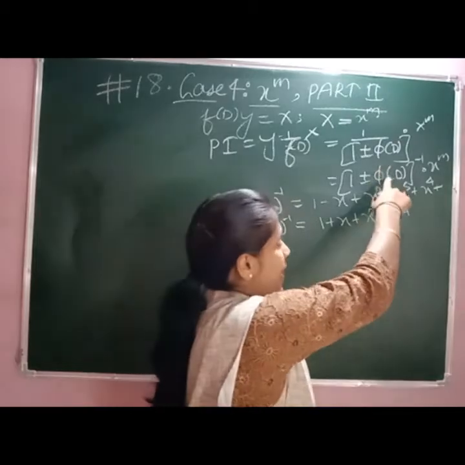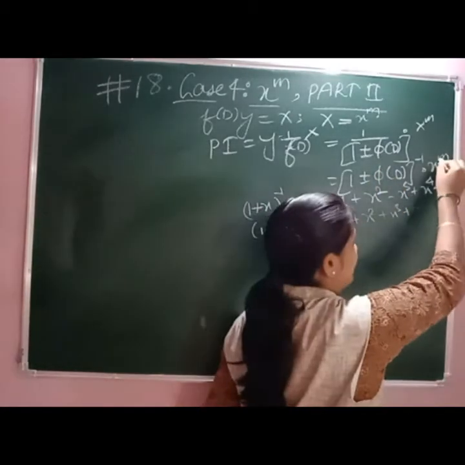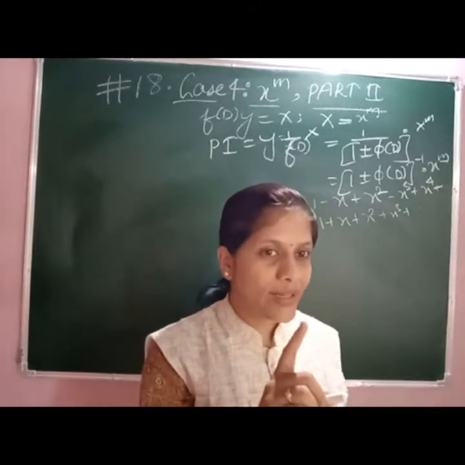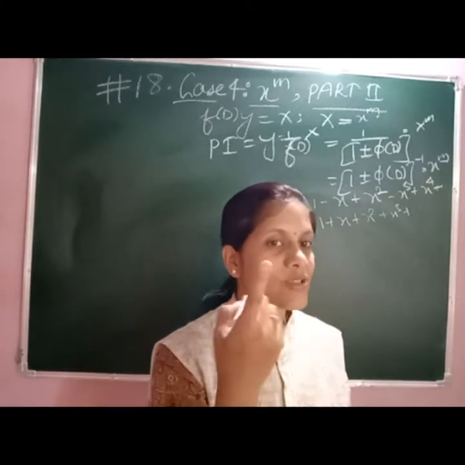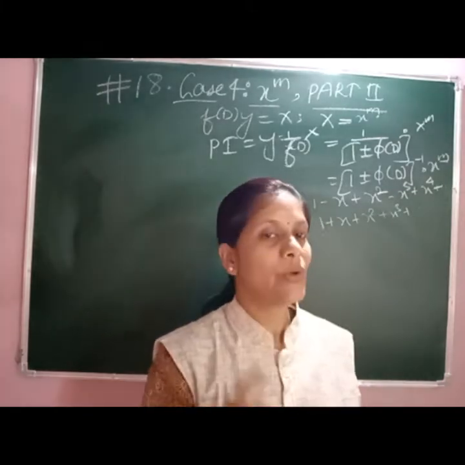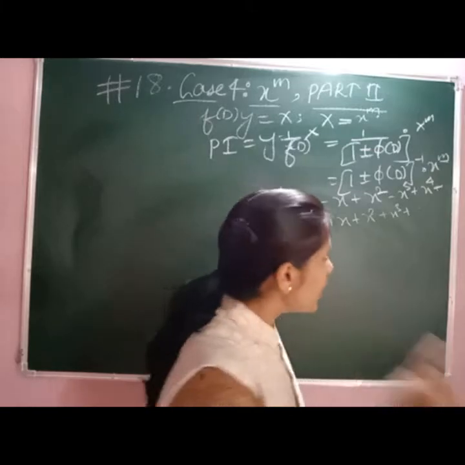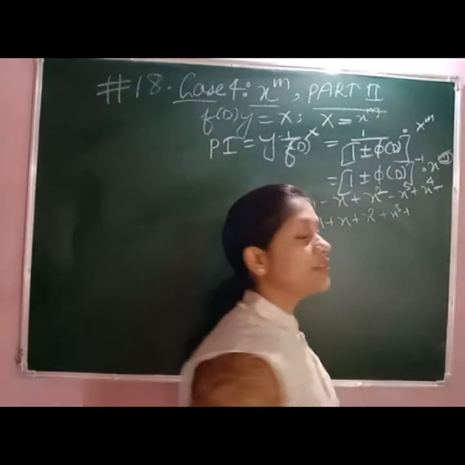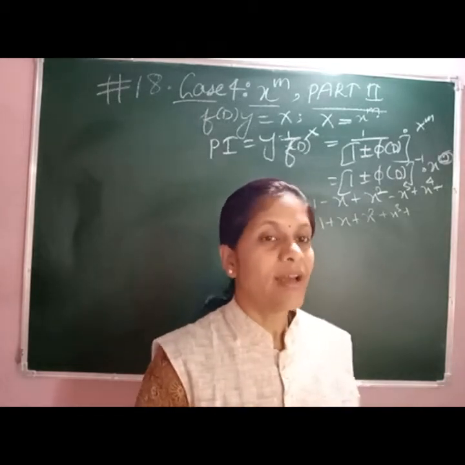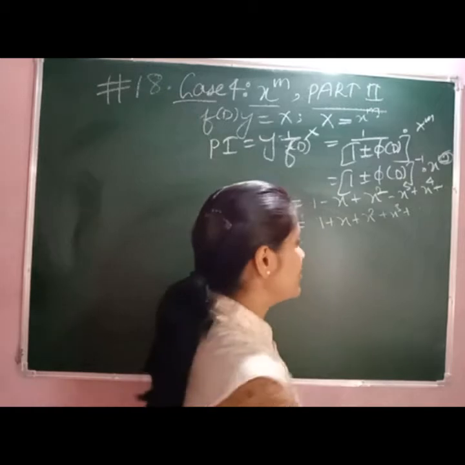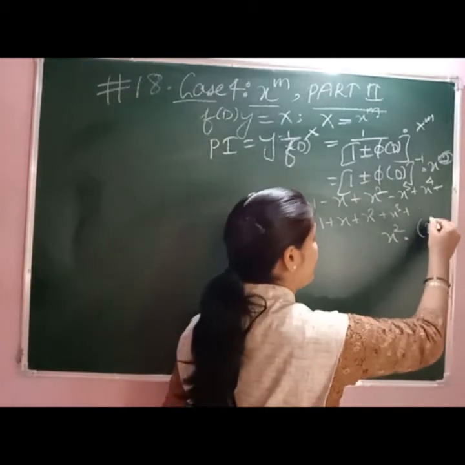So up to where do we have to expand this? Based on the value of m, x power m. Suppose m is 1, we have to expand only up to D power 1. If m is 2, x raised to 2, then D power 2. If m is 3, then D power 3 and so on. For x power 2, D power 2 only we have to expand. Why? Because from D cube onwards it is going to be 0. Suppose x square, m is 2, so we have to expand only up to D square.